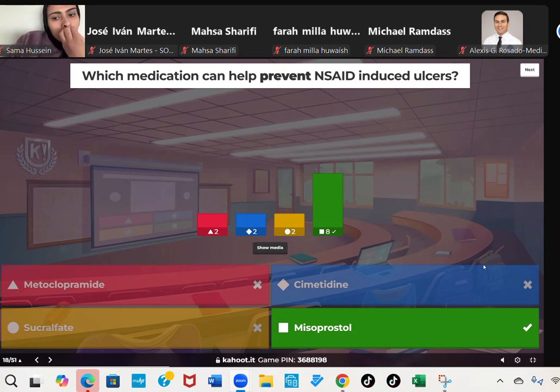Cimetidine, we talked about being an H2RA. So it's not typically what we use if we're looking at that chart of how to prevent an NSAID-induced ulcer. H2RAs are not on that chart. They are not strong enough. Sucralfate is just for symptom management. So hopefully if a patient doesn't have an NSAID-induced ulcer, we don't need sucralfate. Sucralfate is just to help the patient eat, so cover that ulcer up, put that Band-Aid on that ulcer so